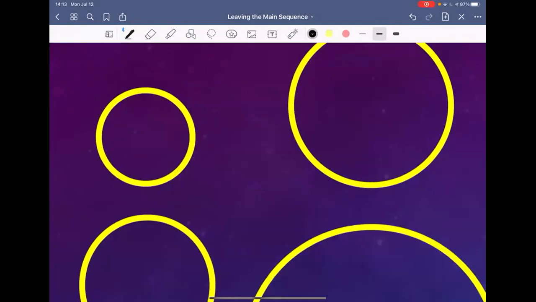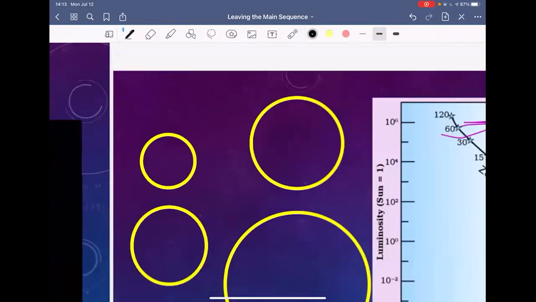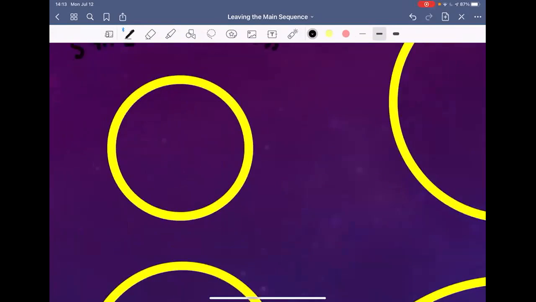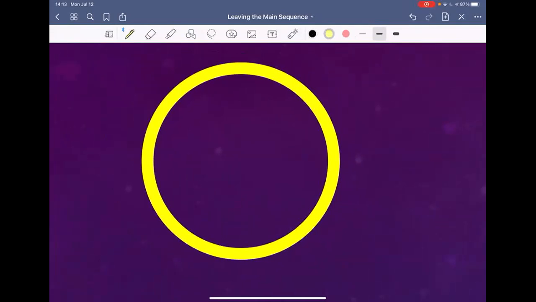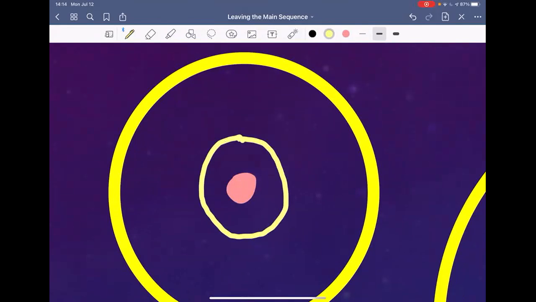So let's imagine this is a star, maybe, let's say, 5 times the sun's mass. So if it's 5 times the sun's mass, then you still have your main sequence star, right? And this is in main sequence. It's still burning hydrogen. It hasn't run out of hydrogen yet. It's going to develop a helium core, like so, and have a hydrogen fusing shell,